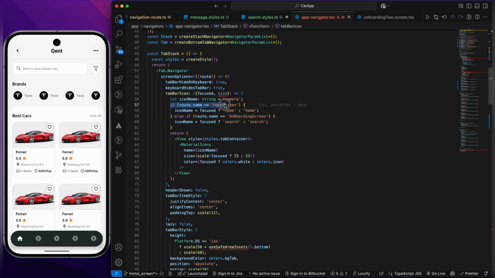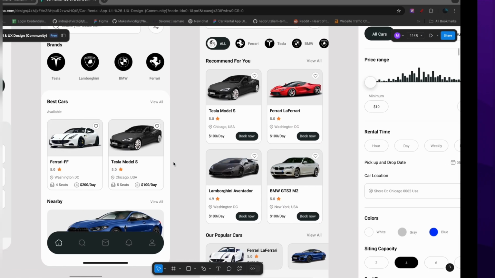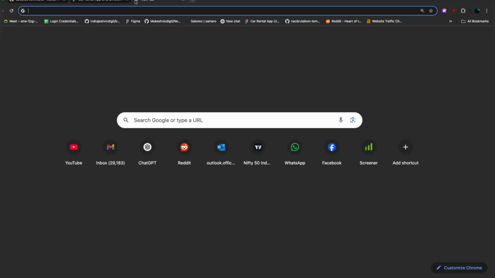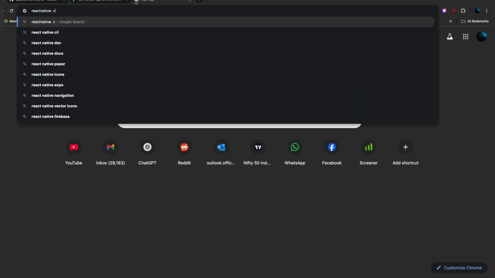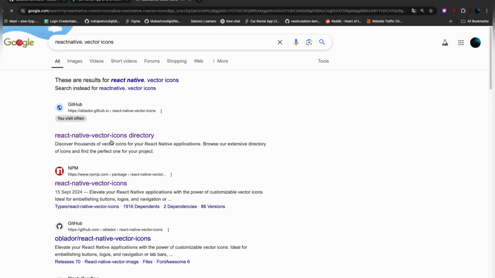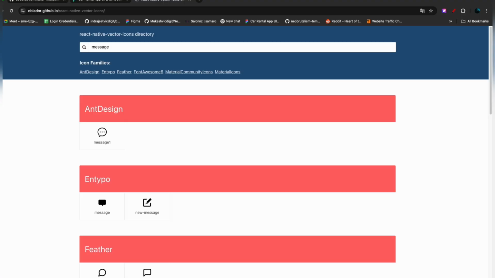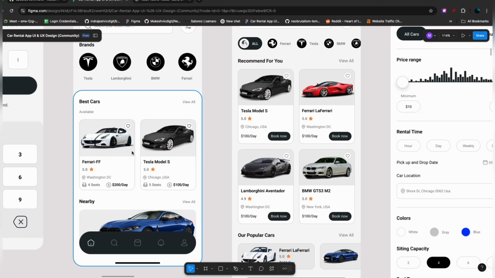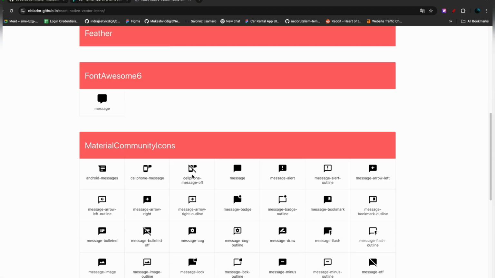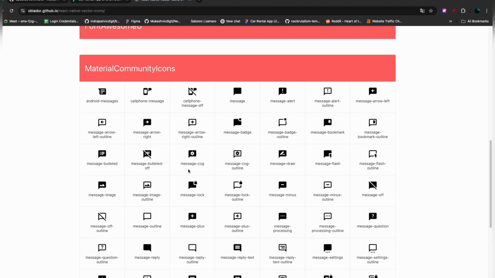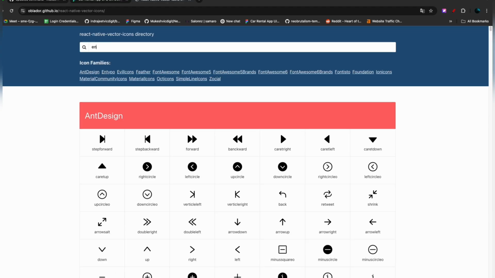So if the route is a home screen, then this. If the route is search, search S capital, if the route is this, then show this search icon. Now for this, let's go to the React Native vector icons, so it will be the first link. So let's copy this. Now type here, let's type message. So if you can see in this file, the message is looking like that. So can you find it? Let's type here envelope